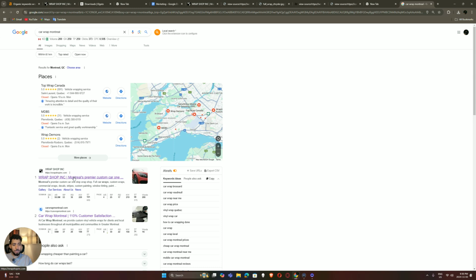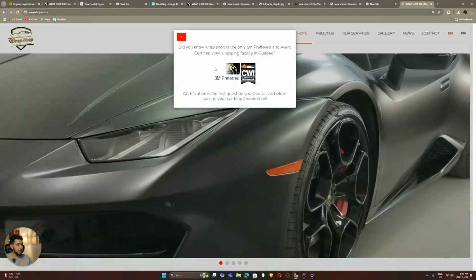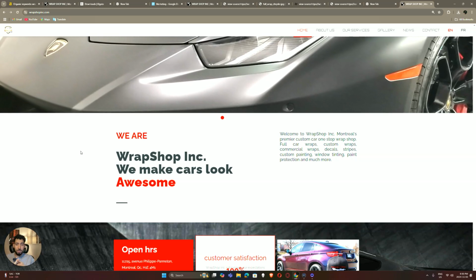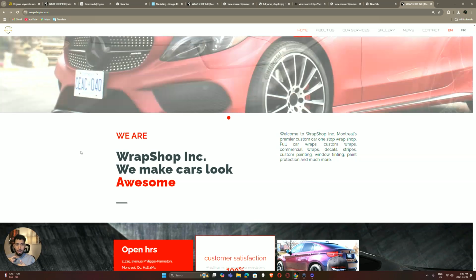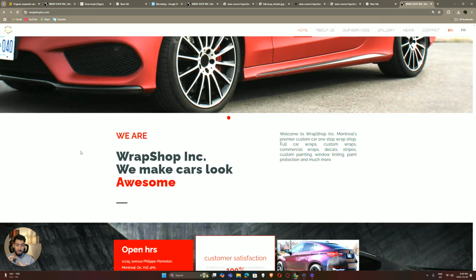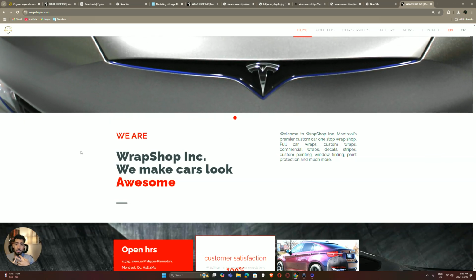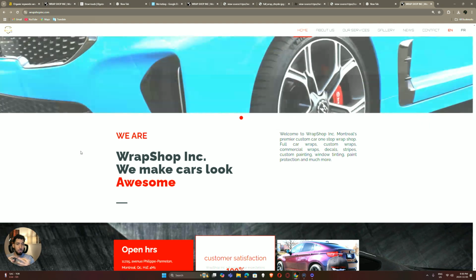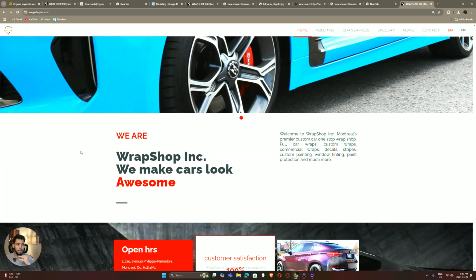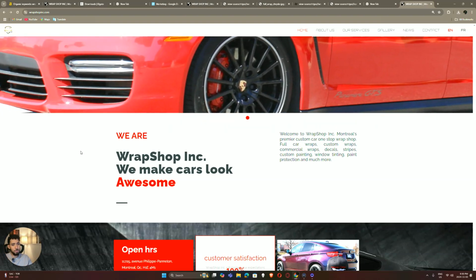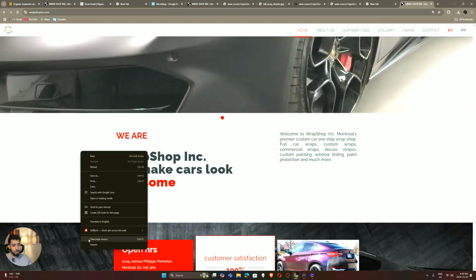So first, we're going to take wrapshop.inc and we're going to check, okay, what we're going to check first? How many heading tag headers are being used? What is the hierarchy of the keywords? The keyword density of each of the keywords, and we're going to check also what Google is giving them bonus at. So I'm going to start with checking